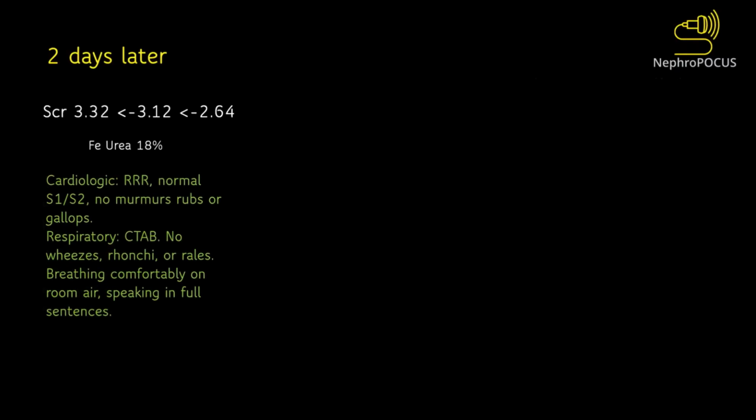FE urea was 18. It's good that instead of FeNa they used FE urea, because the patient was on diuretic. That's a good thing. But still, the primary team wrote that it suggests a pre-renal etiology, and pre-renal could mean anything. Looking at the physical examination from the chart, everything looks fine. Regular rate and rhythm, clear to auscultation bilaterally, bilateral air entry is good,